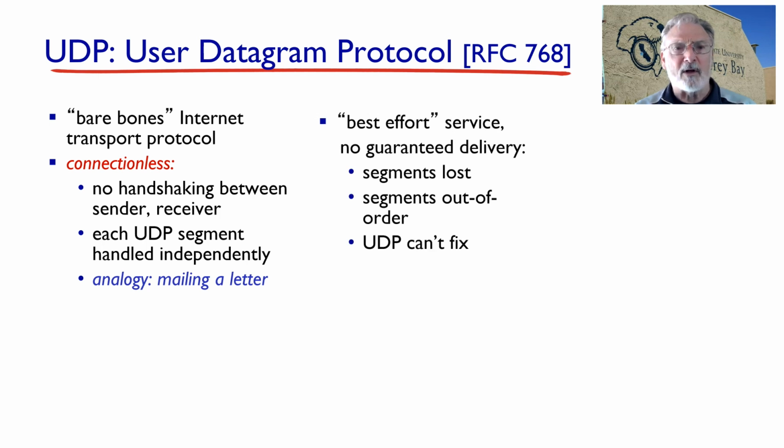If the segments are lost or received out of order, UDP itself cannot fix it. As a consequence, UDP does not guarantee delivery. Another way of saying this, the sender just casts the application layer data at the receiver and hopes the receiver gets it. One of the main challenges for the development of the internet was to figure out how to achieve